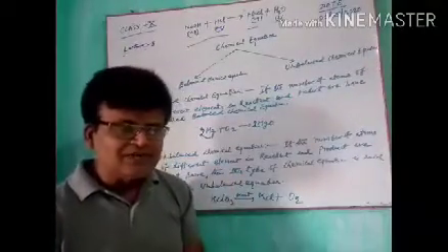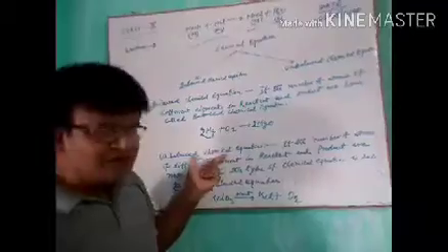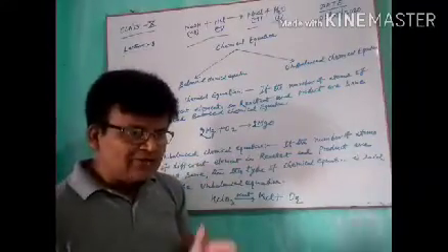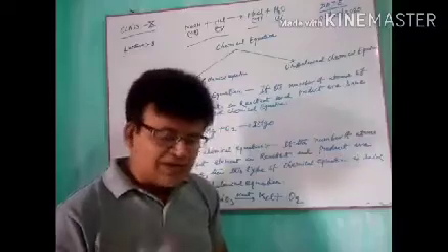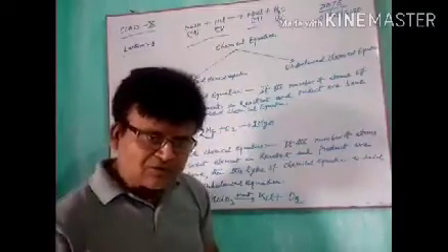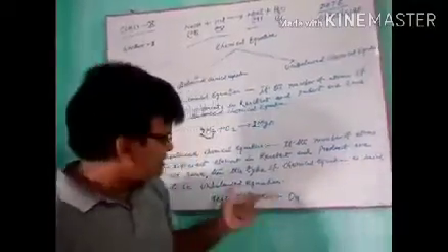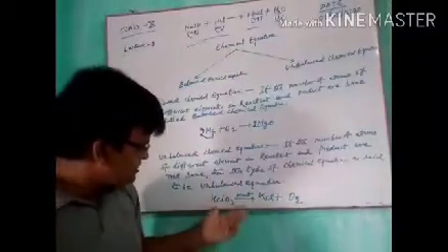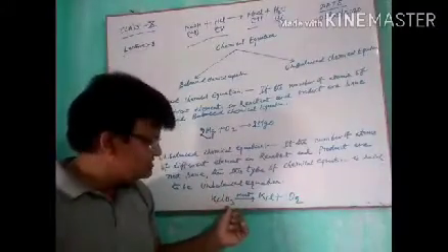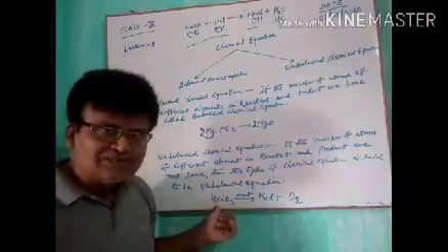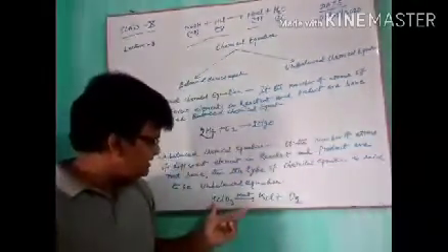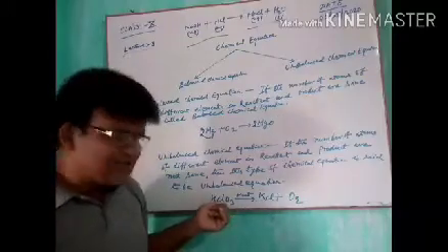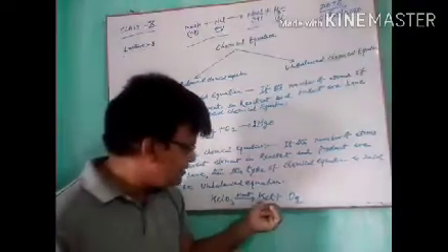If the number of atoms in the reactant part and product part of a chemical equation is not equal on both sides, then this type of chemical equation is said to be an unbalanced chemical equation. I already said that an unbalanced chemical equation is also called a skeletal chemical equation. Here is the heating of potassium chlorate. When potassium chlorate is heated, potassium chloride and oxygen gas are formed. Here we see that in the reactant part the number of potassium atoms is 1, and in the product part the number of potassium atoms is also 1.